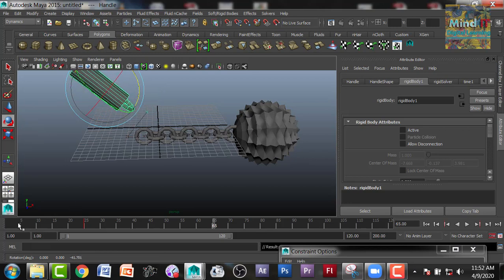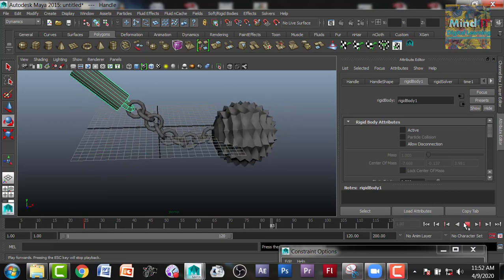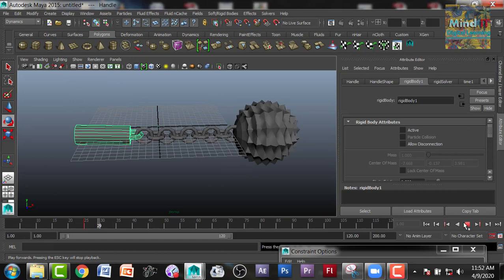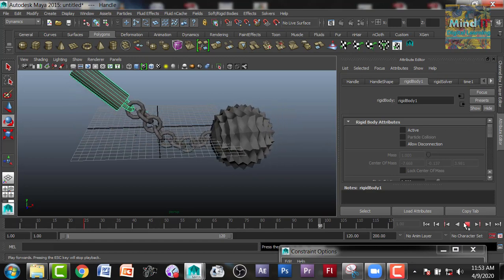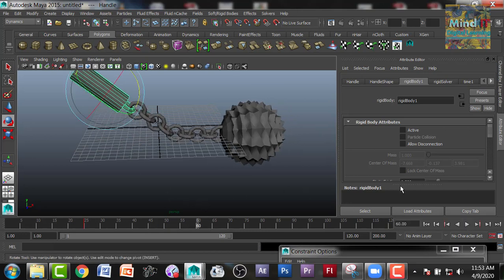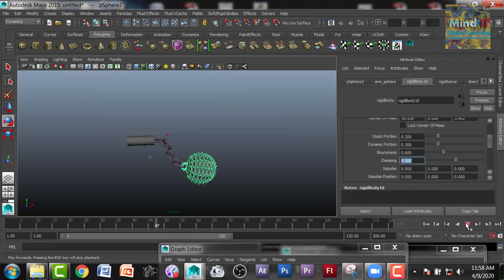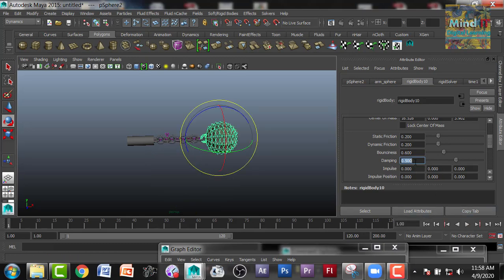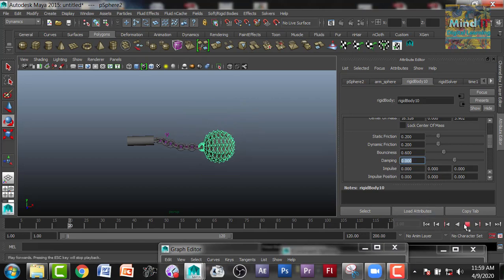I am making some keys on the handle so that the animation may happen. Yes. Okay. Now a force is created which is pulled by the handle. Now here you can see the effect of the gravity. Now I have removed all the keys from the handle passive body and only applied gravity to all the active bodies. And you see the fall of the ball with the help of gravity.